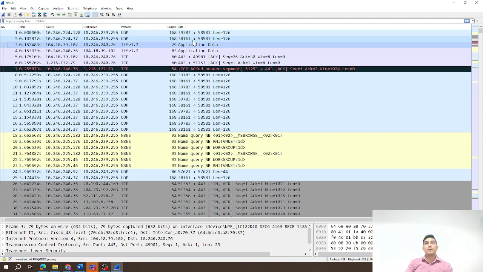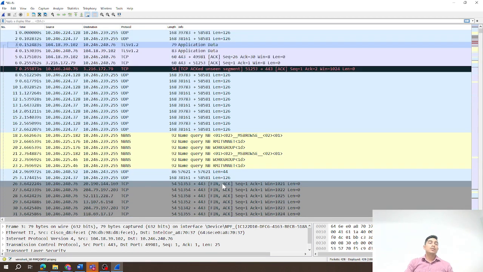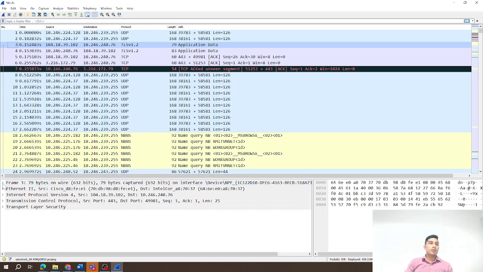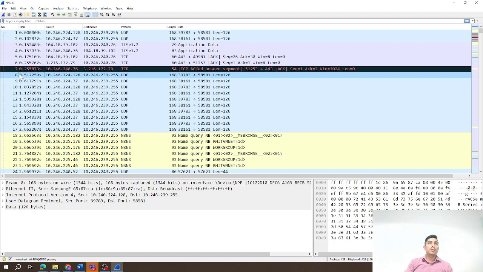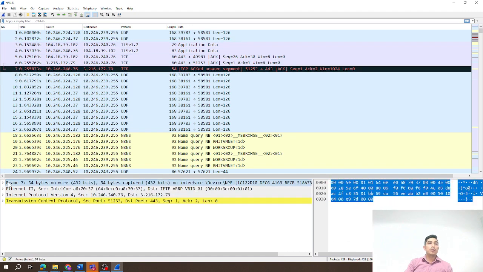is giving you more information, for example, the acknowledgement and other information that is useful in analyzing the packet in more detail. So this is about the packets. We can also look into more detailed information. For example, if we select this one, let's say TCP, frame 7, we can look more into